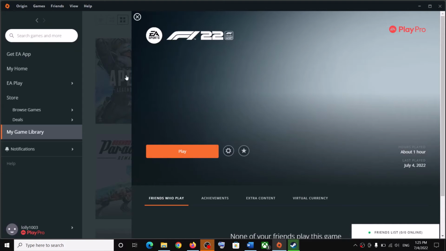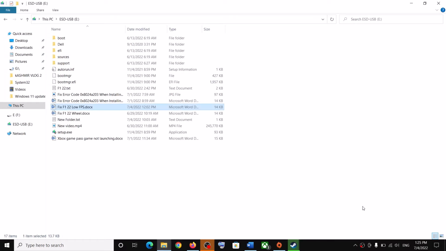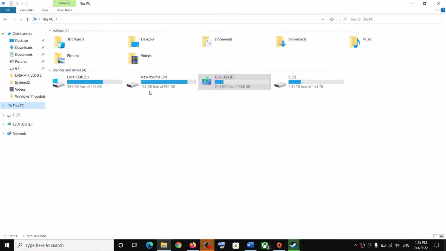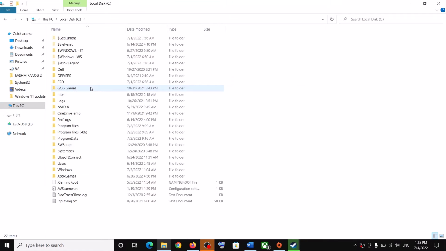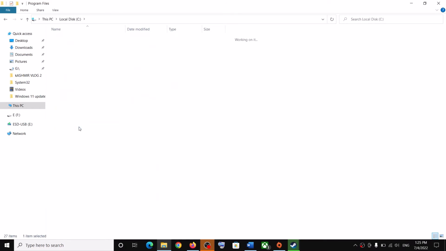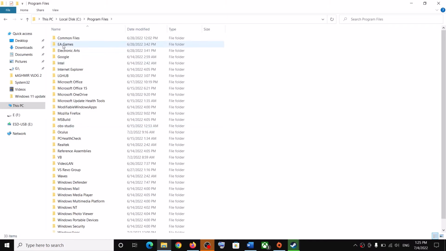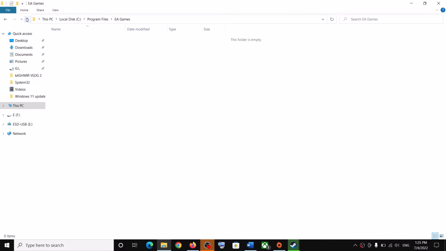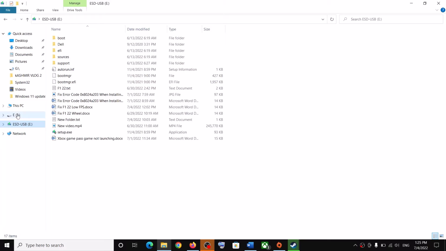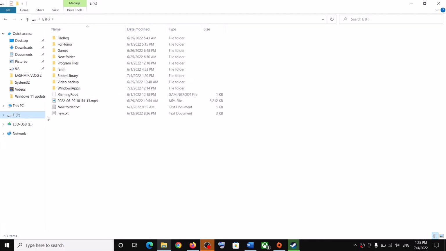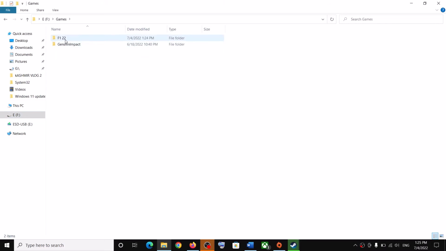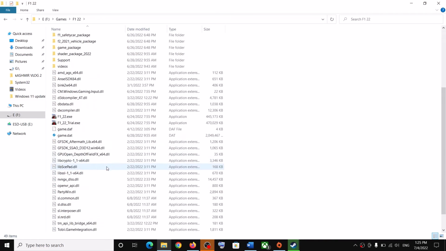So if you bought the game from Origin, then open File Explorer, then go to this PC, open C drive. If the game is installed in C drive, open Program Files and open EA Games, and you should be able to find the game over here. In my case, the game is installed in E drive. So wherever the game is installed, go to that drive and then open the game folder